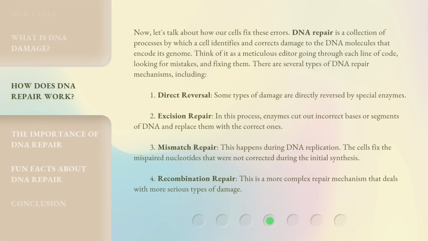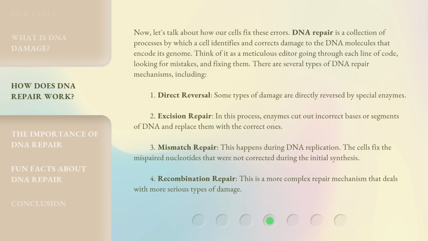Now, let's talk about how our cells fix these errors. DNA repair is a collection of processes by which a cell identifies and corrects damage to the DNA molecules that encode its genome. Think of it as a meticulous editor going through each line of code, looking for mistakes, and fixing them. There are several types of DNA repair mechanisms, including: